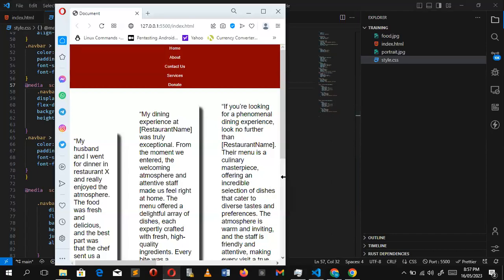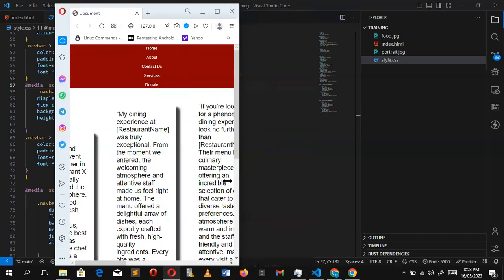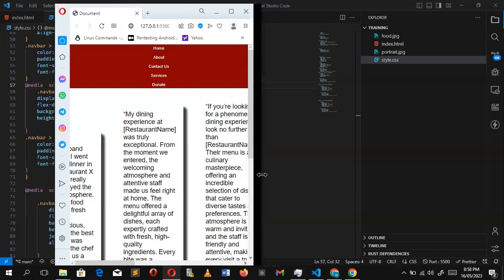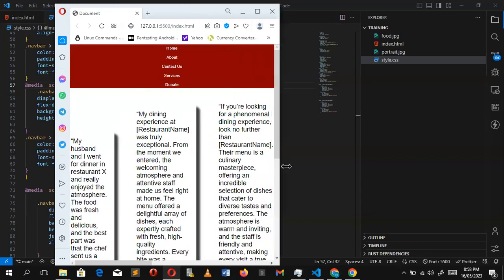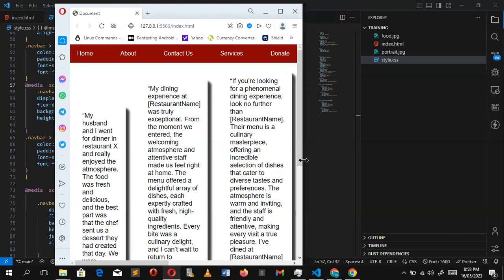So if I start to increase, let's get back from 600 pixels and below, it will stack like this, appear like this. And then as we increase above 600 pixels,